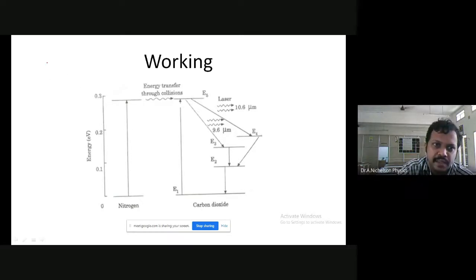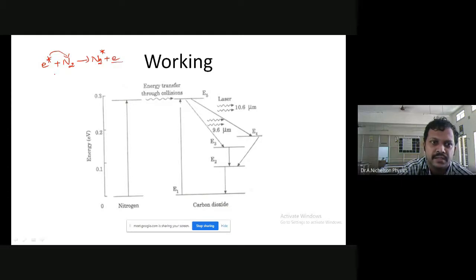So that will be in the next slide. Anyway, I will tell you. The highly accelerated electron, E star, plus nitrogen gives N2 star. This asterisk symbol mentions the excited state, the highly energetic state, plus the electron. The electron transfers its energy to nitrogen and the electron becomes normal.